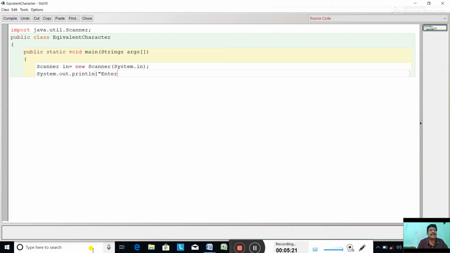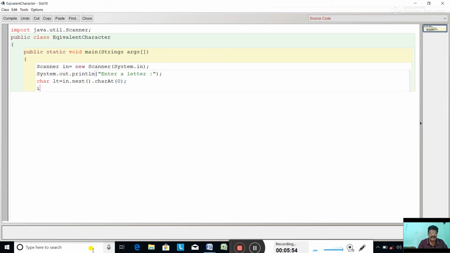So we'll input a single letter. Char, data type char, single letter, char lt for letter, equal to in.next().charAt(0). So this will input a single letter.